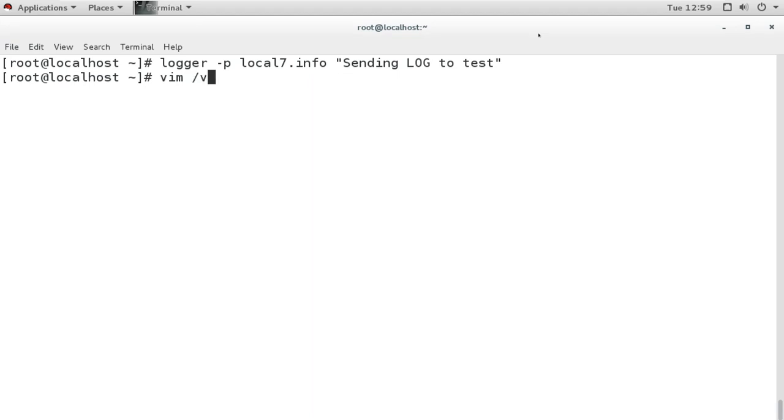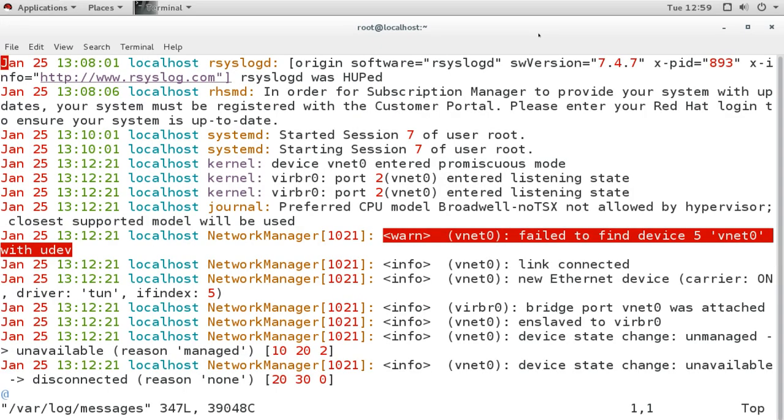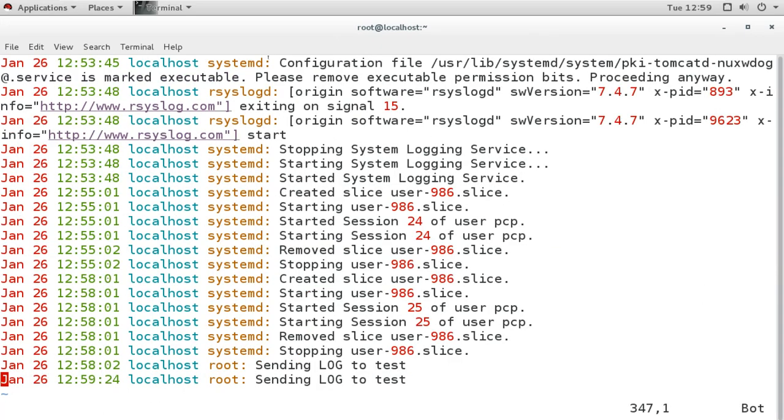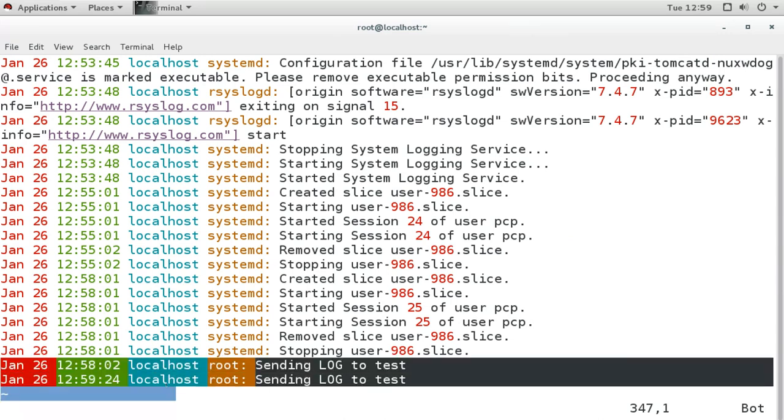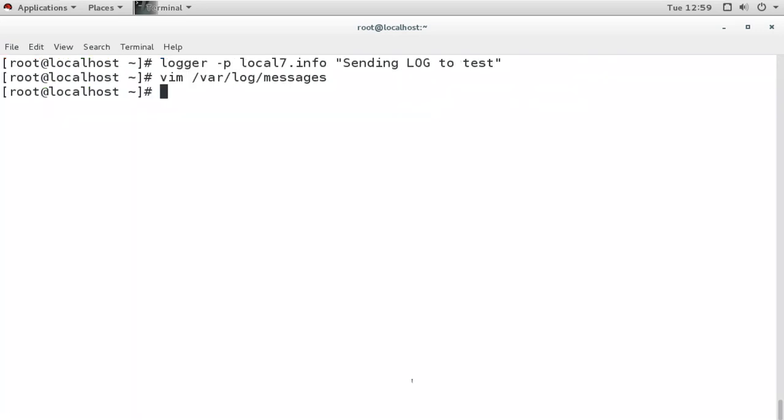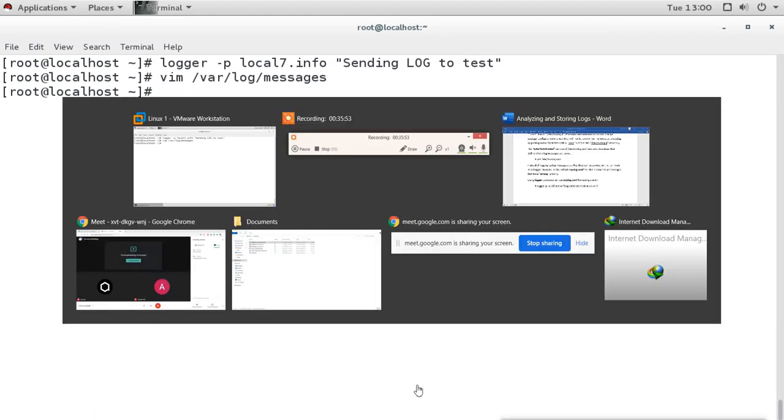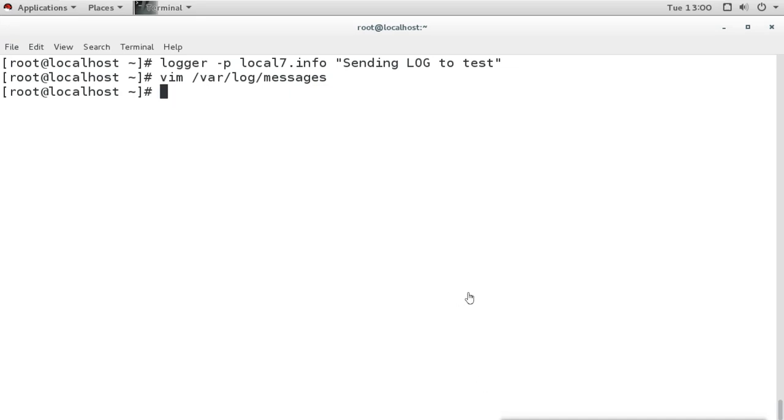In /var/log/messages, when I go to the end of the file, I can see the log here, which is sent by the root user. So we can test the log by using this logger command. By using this logger command, we can send the message to our syslog service and check the configuration of the configuration file.